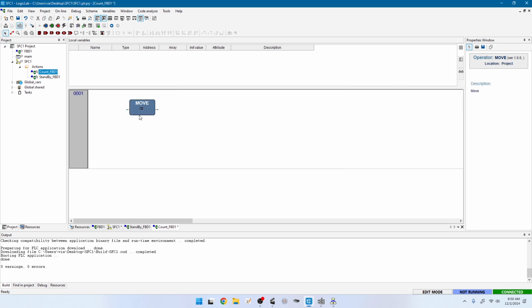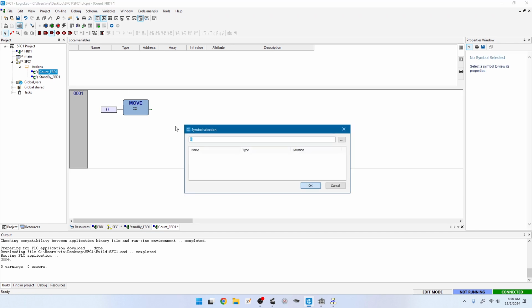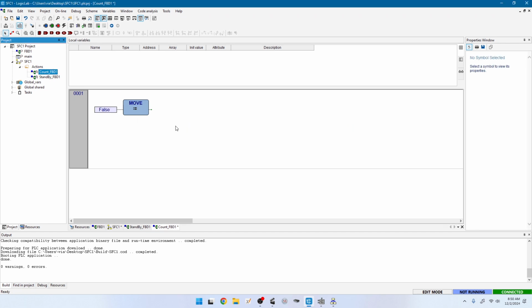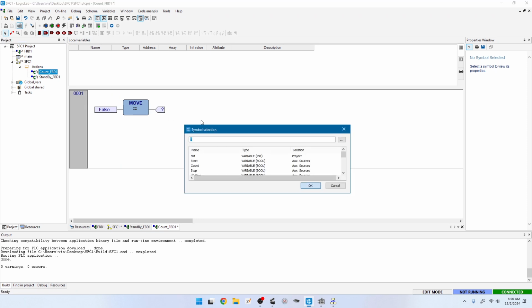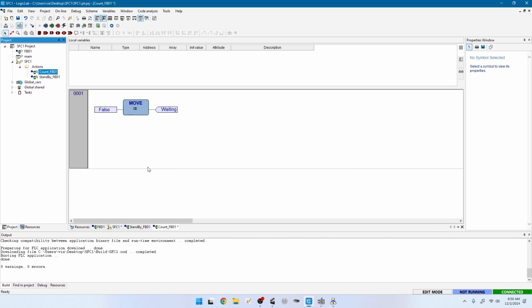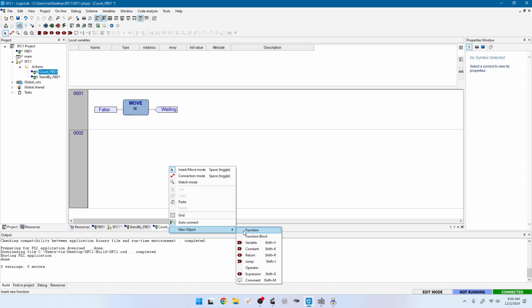Move. We're going to move, in this case, a value of false over to the waiting variable. We can just type it in, and it'll auto-complete here. Waiting, space, new network,